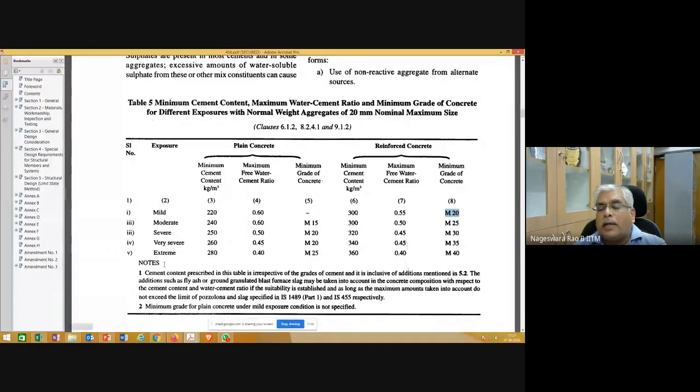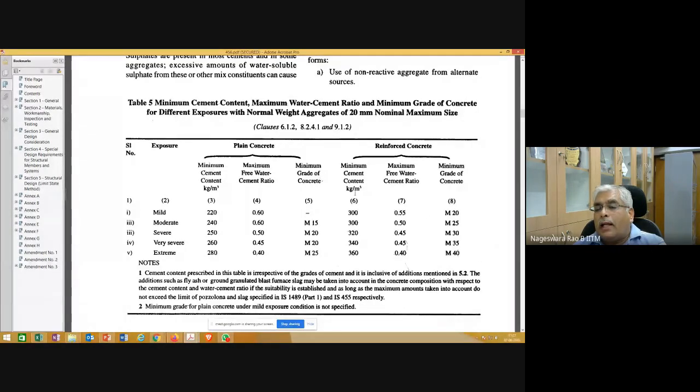Please see, you are planning to construct a building in mild exposure condition, minimum grade of concrete you need to use is M20. And for the same structure, nothing changed, same number of stories, same plinth area or built up area, if you want to construct in extreme exposure conditions, you need to adopt minimum M40.